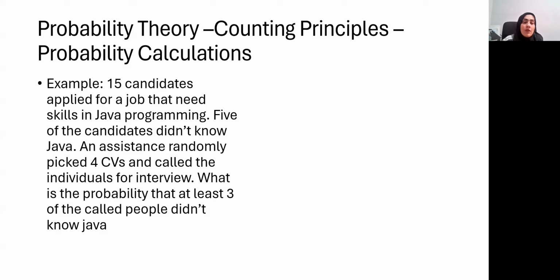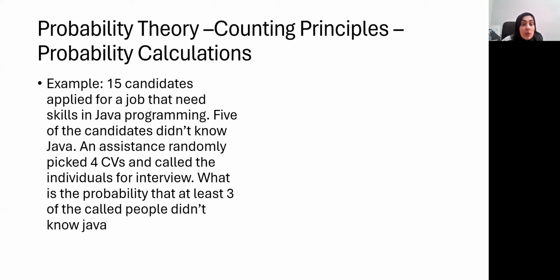So here we know that there is a pool of 15 items, in this case 15 candidates. There's a subgroup in this, which is 5 people who do not know Java, which means there are 10 people who know Java. So there are basically 2 subgroups, 5 having this characteristic of not knowing Java and 10 who know Java. Now, the sample is of size 4. So we pick a sample of size 4 from this, and it's done randomly. Now we need to find the probability that the sample we pick conforms to the event that at least 3 of the chosen ones belong to people who did not know Java,